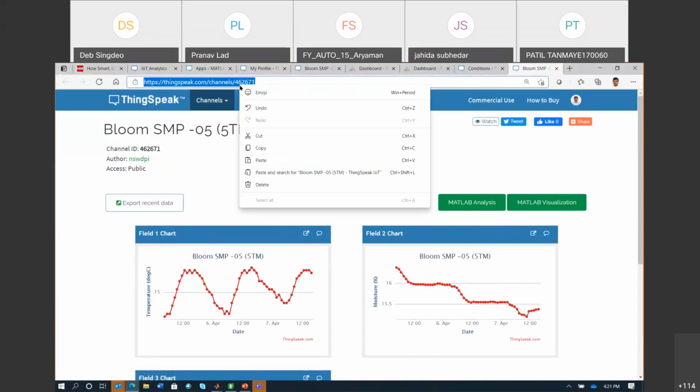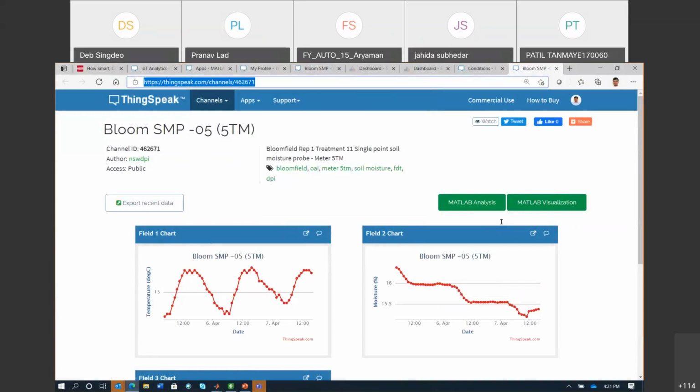They have the sensors at their end and they are logging this data. For our exercise, this data is helpful, and we don't need our own sensor as of now. If you can, at your end, try to open up that channel.